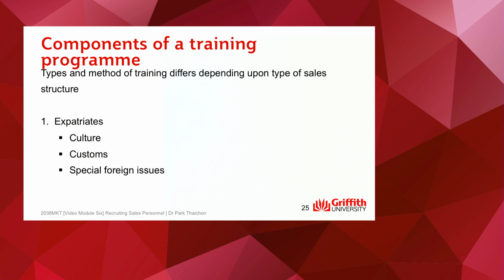Let's have a look at the expatriate or the host national as an example. If we're going to recruit expatriates, some of the training we might want to focus on could be cultural differences, language differences and language issues, and special foreigner issues, like if you're going to travel to work here and there, what special issues might this foreigner have, or simply homesickness, missing their dog or girlfriend, could be an issue as well.